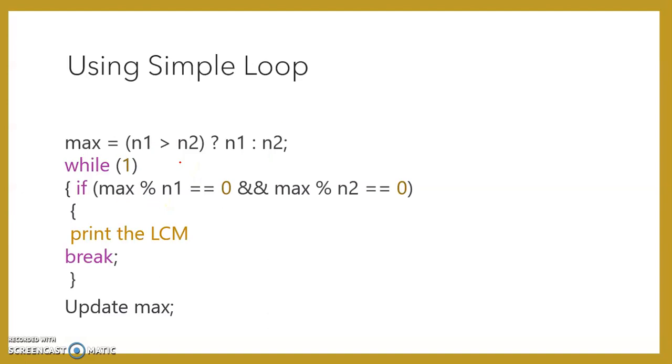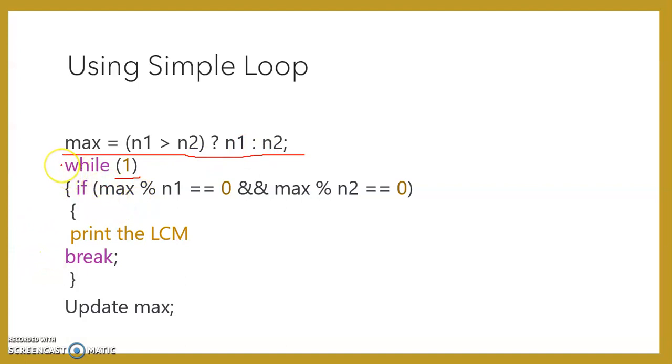Now first is using the simple loop. So here you can see how we are using a simple loop. We are using a while loop here. You can use a for loop as well, but we are using a while loop because a while loop is easy to use for these types of conditions, right? So what we are doing here in the pseudocode, first of all, we are trying to find out the maximum number out of the two numbers of which we are going to calculate the LCM. We will find out the maximum number with the help of a simple conditional statement, right?